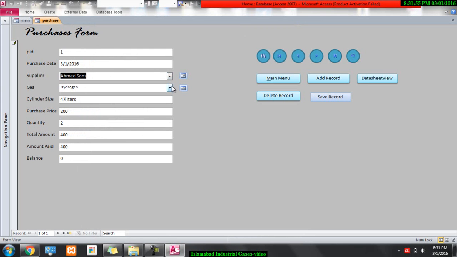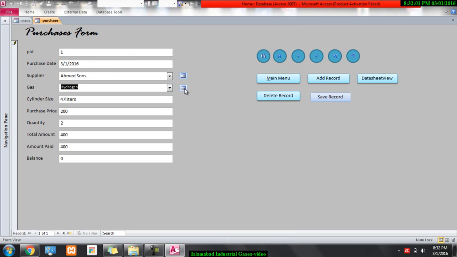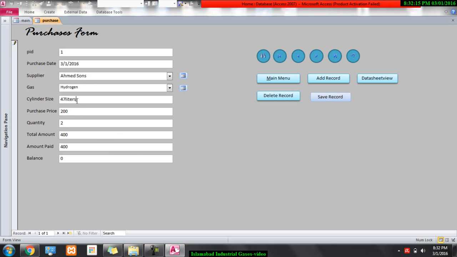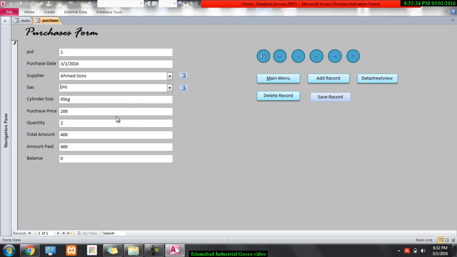So in the same way, the items info is fetched here just like the sales form. You can click this button and add or modify info of existing items, and on selecting any item, the combination of these factors, cylinder size and purchase price, are fetched and entered into these fields. Okay, so supposing if I select LPG 45 kg and supposing its purchase price is 300 for commercial purpose, so its values are fetched here, 45 kg 300, and now you can put in the quantity, how many cylinders you purchased, total amount will be